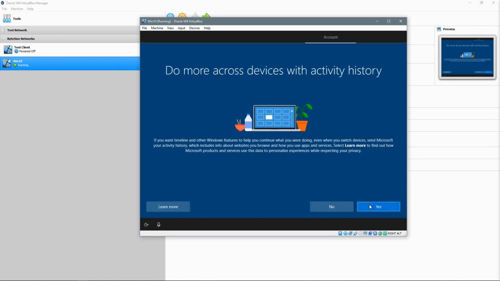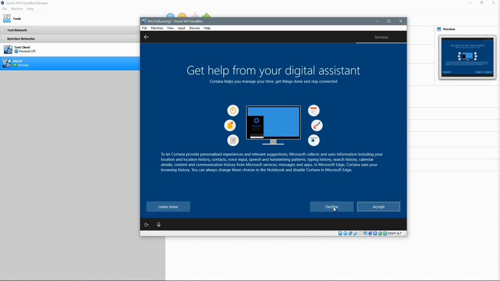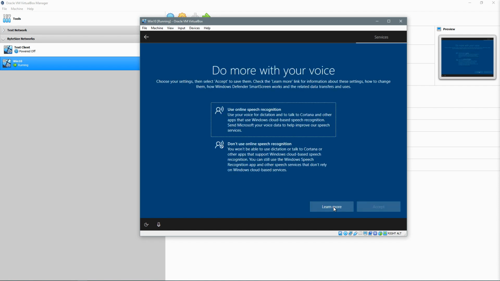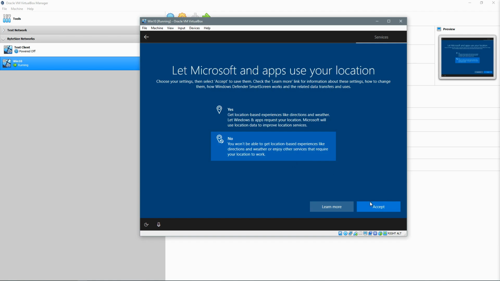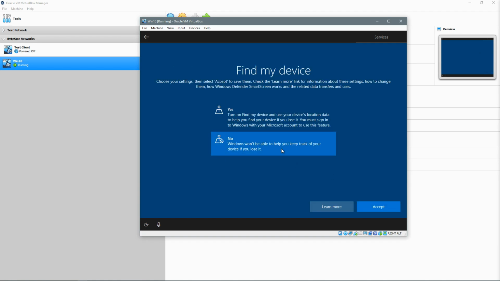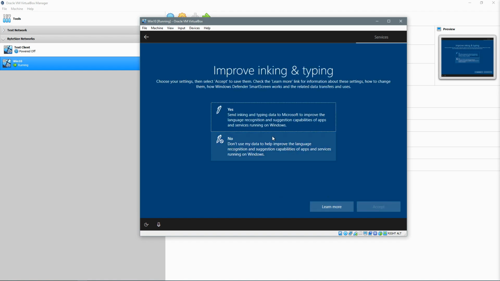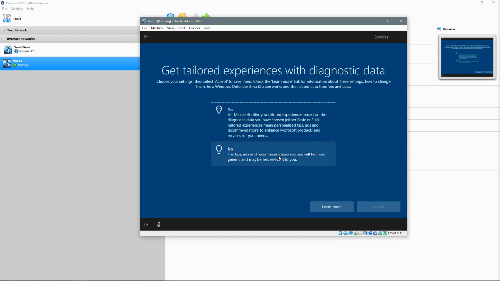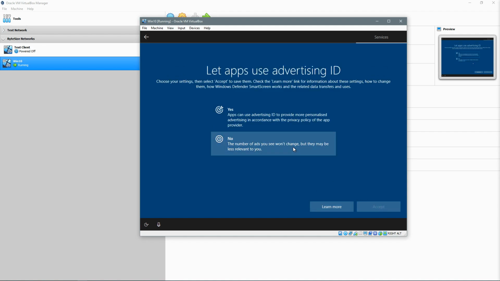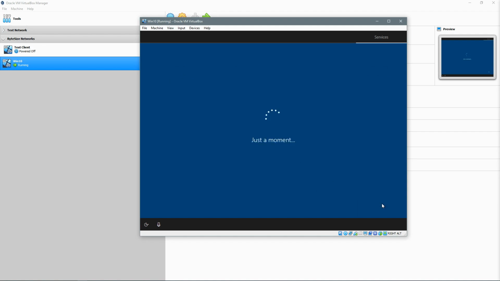And I'm basically just going to not enable any of these additional features. If you feel like you want any of these, feel free to enable them, but for the purposes of this tutorial, I'm just not going to enable anything. So click no, no, I think that's basic, no, no. Windows has a lot of these optional features now during setup,